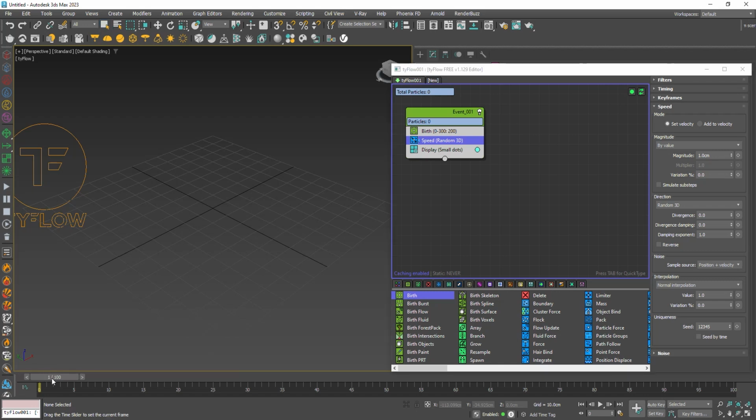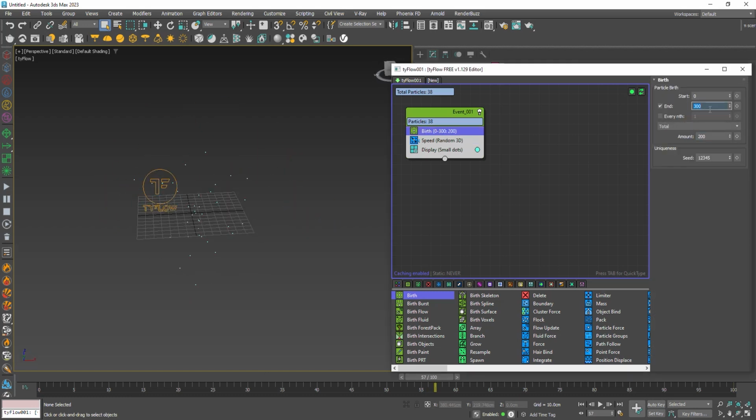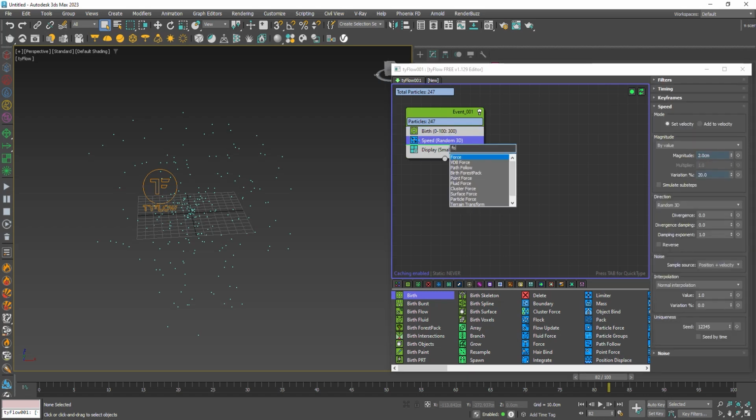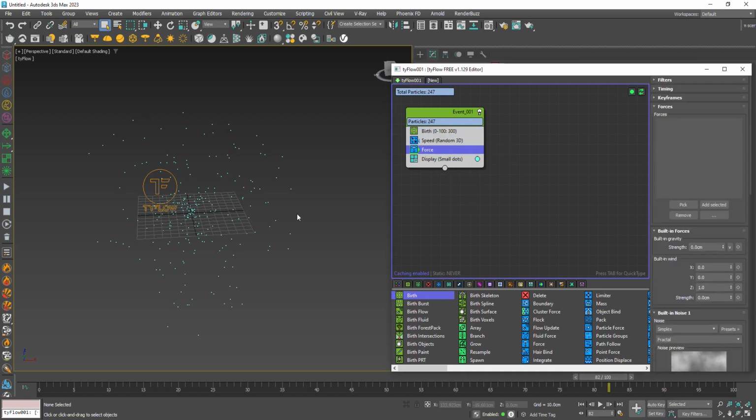So now our particles have some speed. Let's increase the magnitude to 2 and the variation to 20%. So now our particles have variation and more speed. Okay, I think we need to change it to 100 and increase the amount here. Okay, now it's working. Now we need to use the force operator to create some wavy,